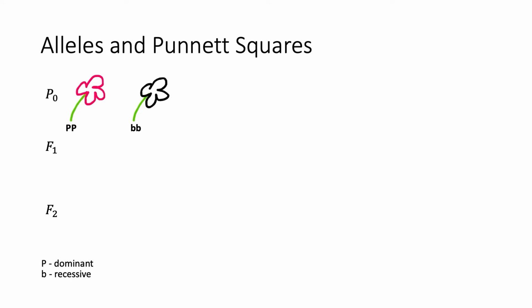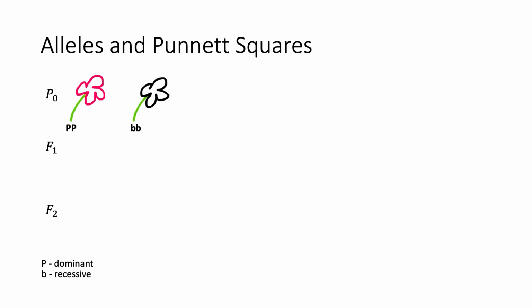of purebred peas. Now, we know the genotype for the P0 generation because the fact that it's purebred tells us that they are homozygous because they were bred from parents that all had the same trait, so they have to be homozygous. Or not just parents, but a whole line. If it was just parents, we wouldn't know, but the fact that it's an entire line tells us for sure. So anyway, we know that the genotype is uppercase P for the pink flowers and lowercase b for the black flowers. From this point, we want to figure out the genotype of the F1 generation, as that can be used to then figure out the phenotype.